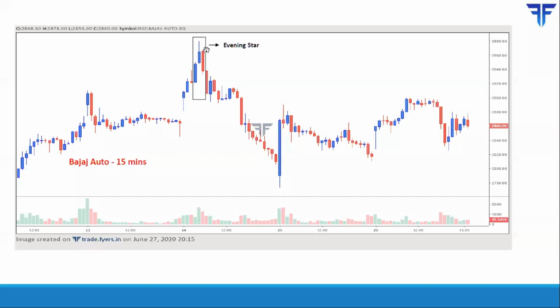Again, interesting thing to note over here is that the opening price and the high price of the third candle is the same. And again, as I said earlier, whenever open and high tends to be same, it indicates that there is very strong selling pressure for that particular candle. So as we can see, going forward, there was a nice decline in the price of this particular stock, that is Bajaj Auto.